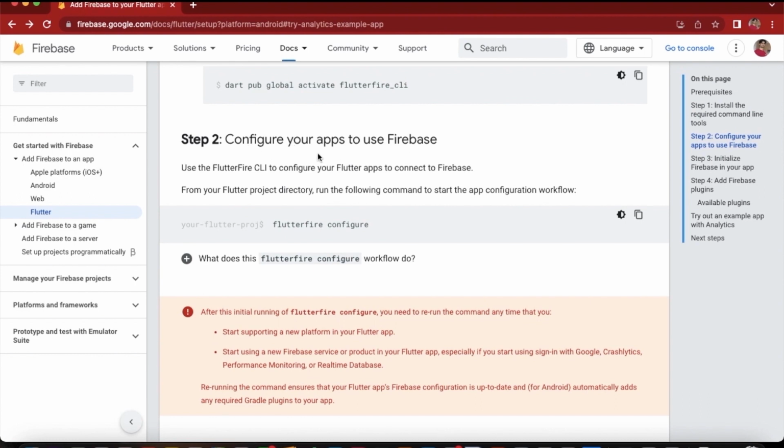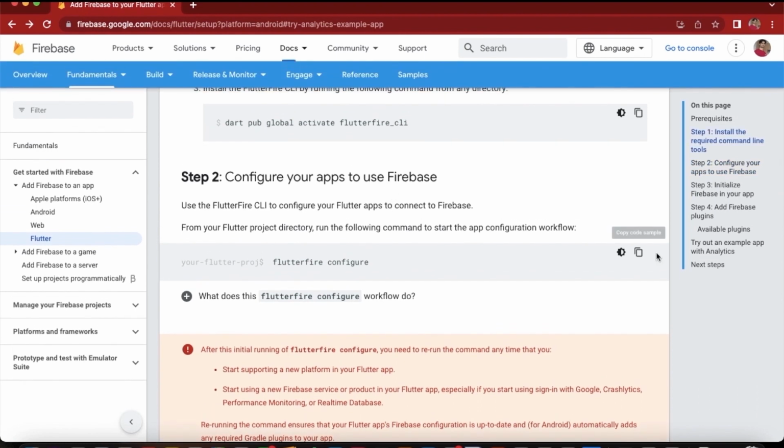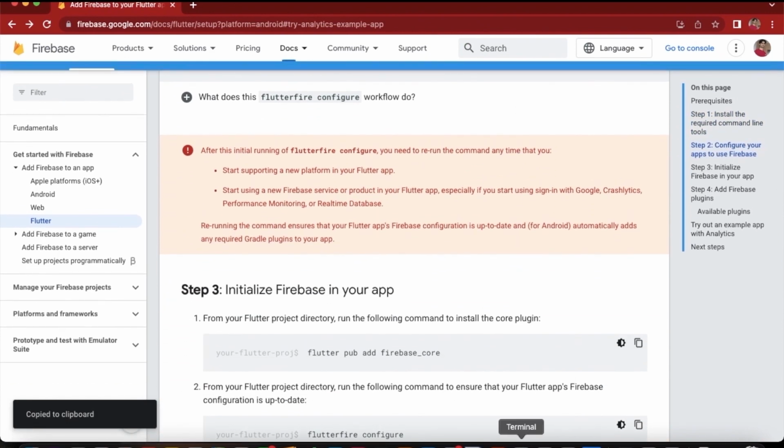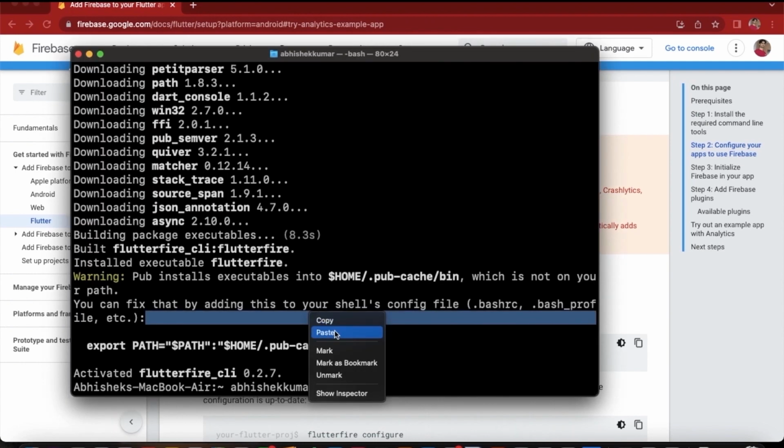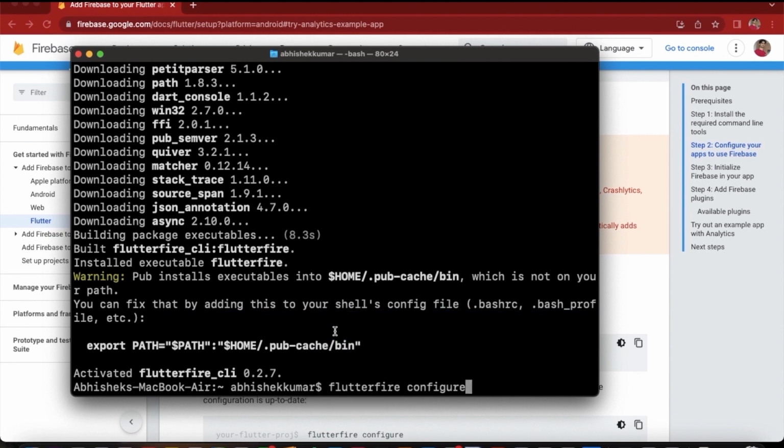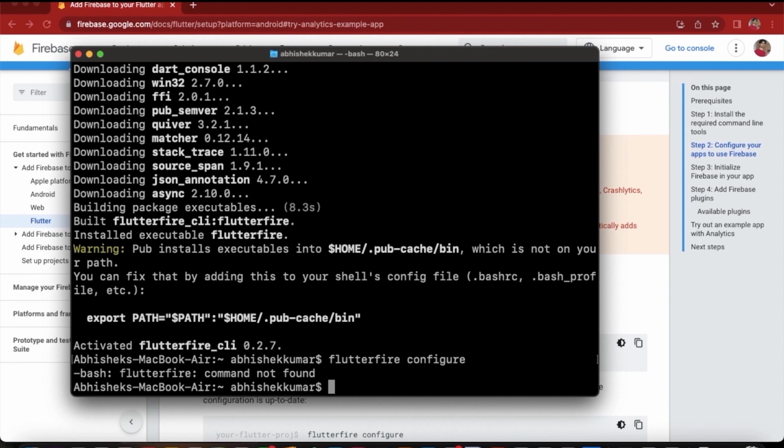Configure your apps to use Firebase. Use the FlutterFire CLI to configure your Flutter apps. Again, there is a command for this, so I will just use this command. Okay, so it says that I have to rerun this command in many situations. Let's first do this. Okay, didn't work. flutterfire configure: command not found. Maybe the path that has been used is